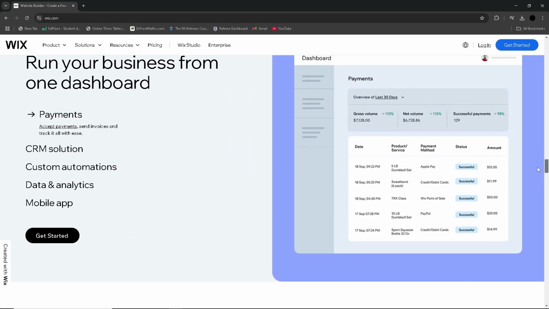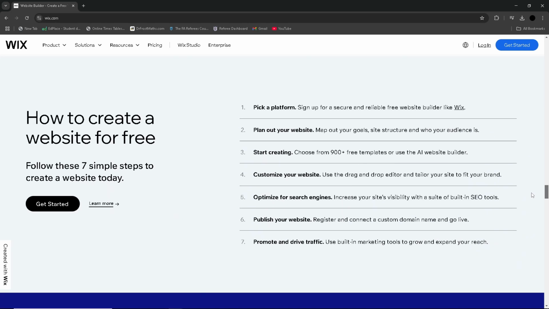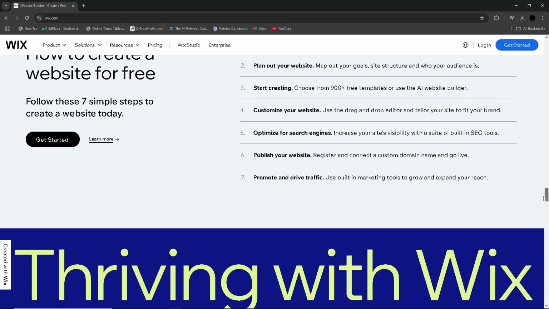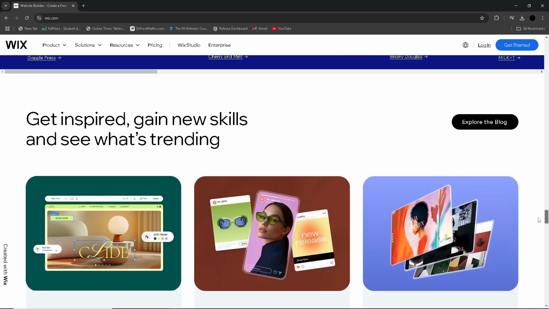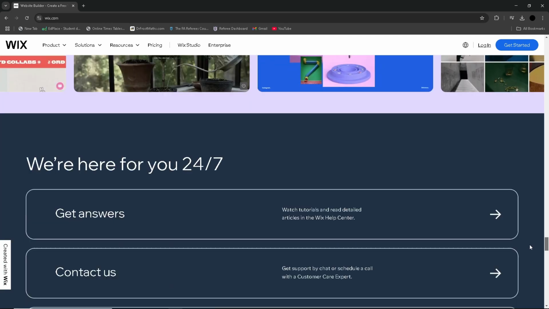Here, in the left sidebar, click on the plus button or add button. Select button under the add menu. Choose a button style that fits your website and drag it onto the page where you want it to appear. Click on the button to open its settings. In the text field, change the button to something like Donate Now or Support Us, based on the purpose of